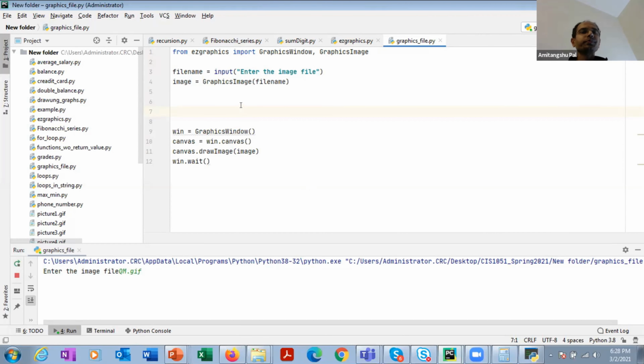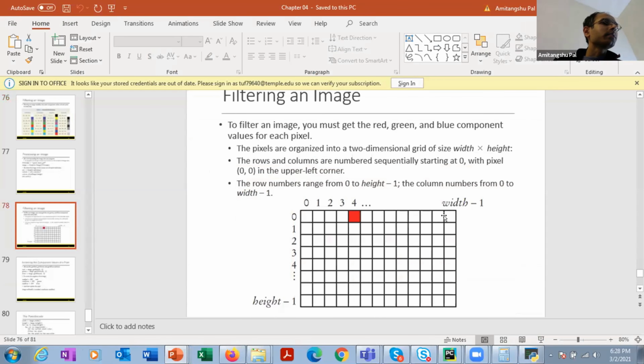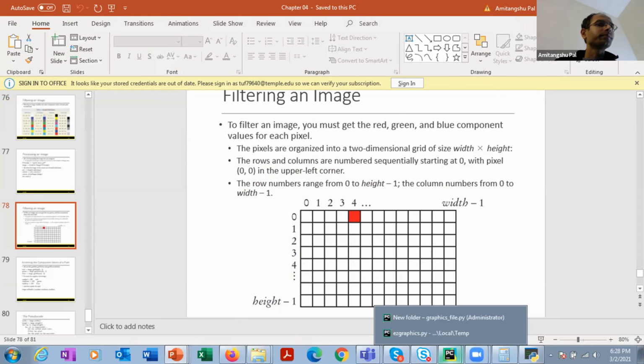First I need to find out what is the width and height of that image: how many pixels are there in the horizontal direction, how many pixels are there in the vertical direction. So let's first find that out.